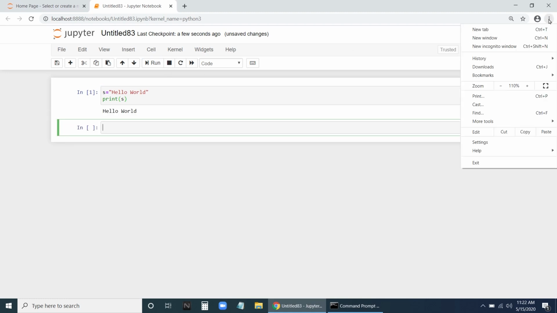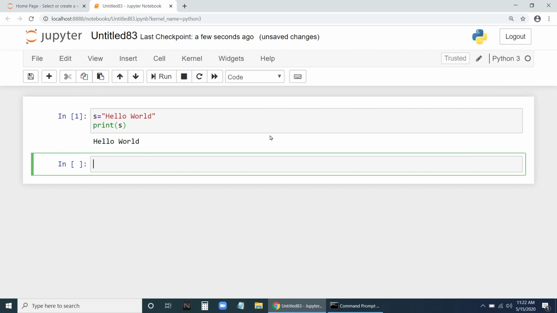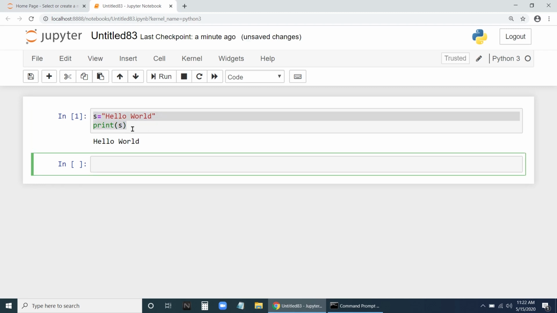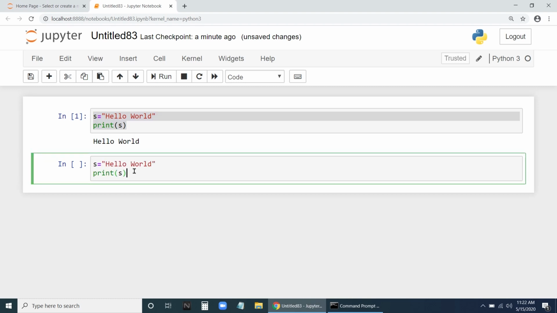Fine. Let me maximize this. Now let us rewrite this one here. Let me copy this. Now we have hello world, and if we print s, it's going to print hello world.